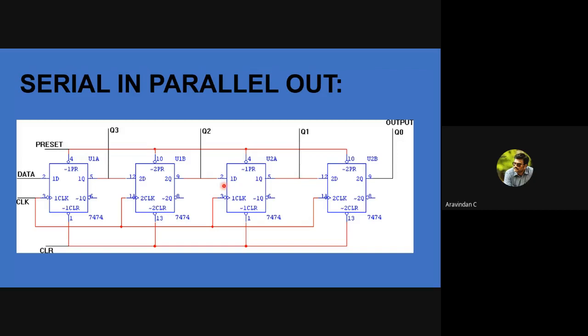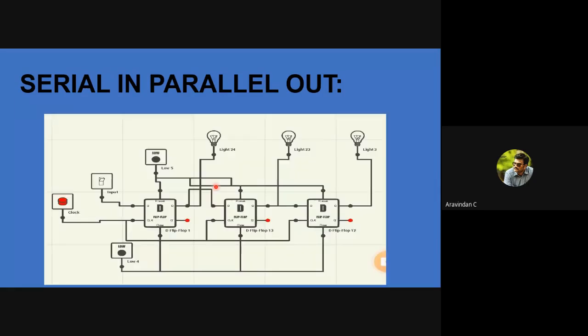Yes or no? I want to know the status of data transmission in every part of the output. So here we are going to have a serial in parallel output. Here we are transferring data one by one only, but I can see what output is being given to every person. So this comes under serial in parallel output. And this is the diagram which I have also tried in the mobile app. I'll show that in the demo now.